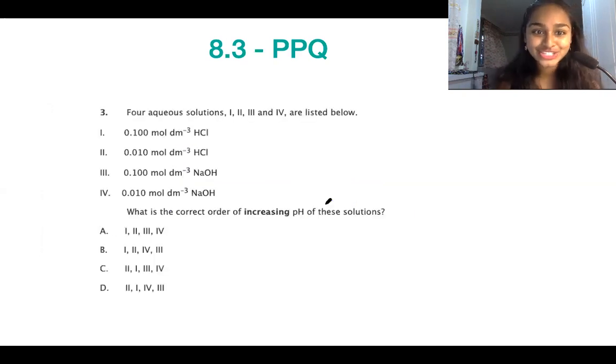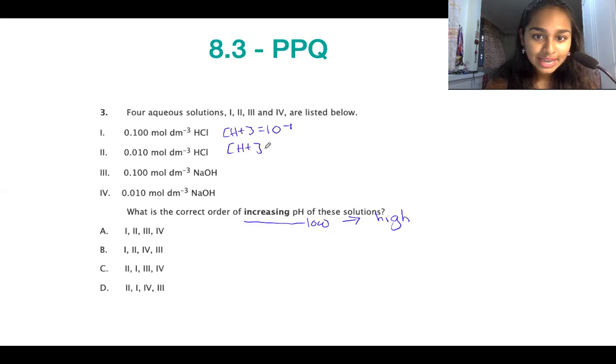All right, last question for us now. So we've got 4 aqueous solutions, and we've been asked to arrange them in increasing pH, so from lowest to highest. All right, so what we've got to do is work out the pH of all of these. Again, because we don't have a calculator in paper 1, I'm going to express this in standard notation. So that's going to be 10 to the minus 1 for the first option, 10 to the minus 2 in the second option,